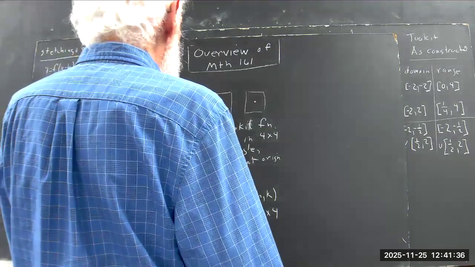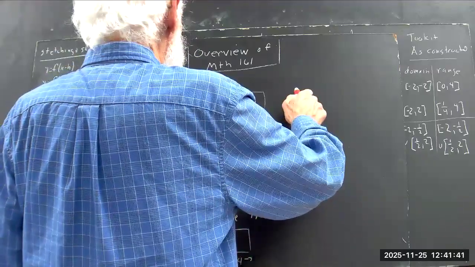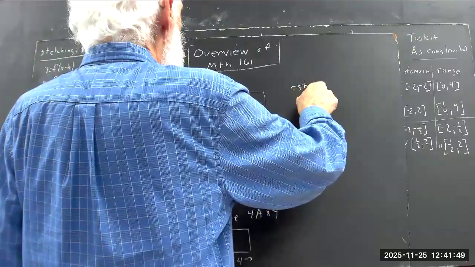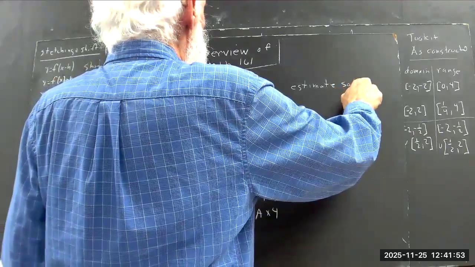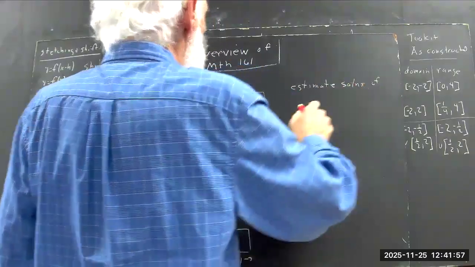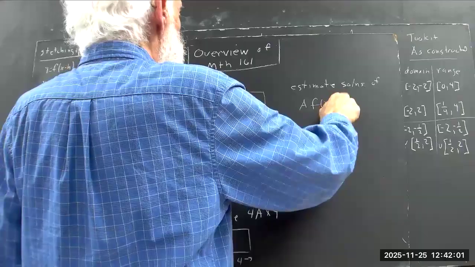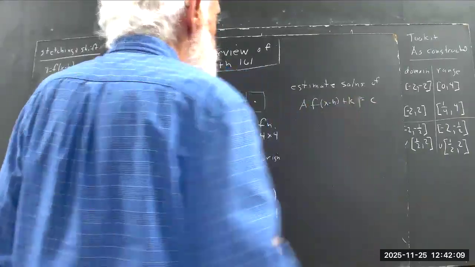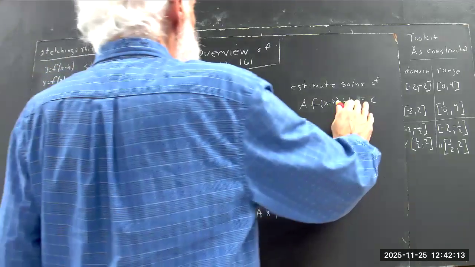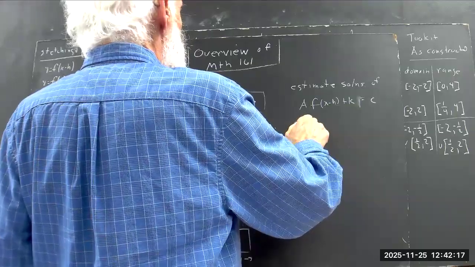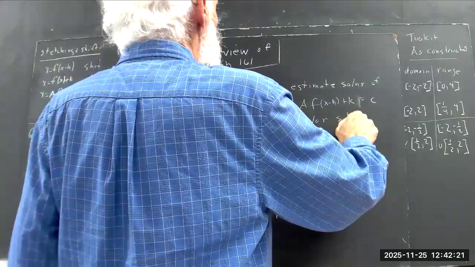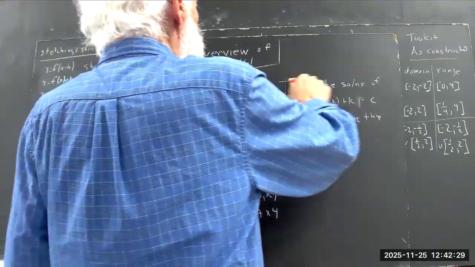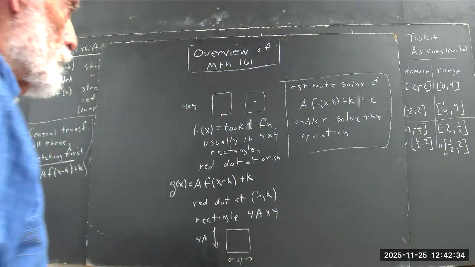And then we want to estimate solutions of the equation a f of x minus h plus k equals some number that we'll call c, or we solve the equation. To estimate a solution,